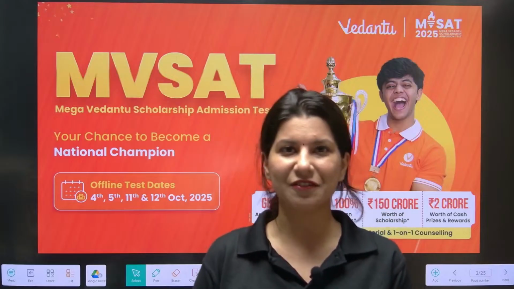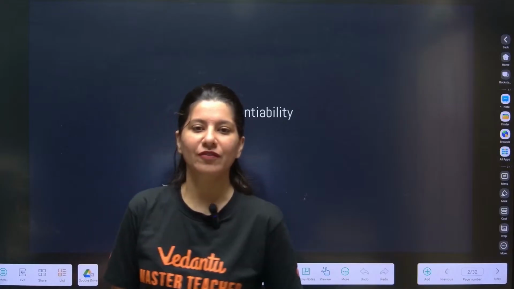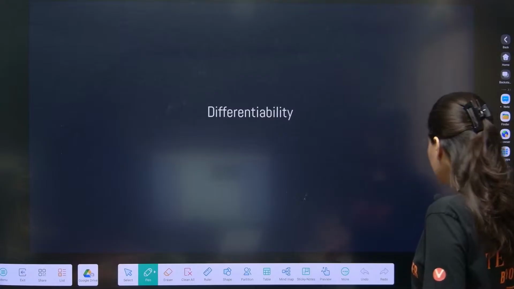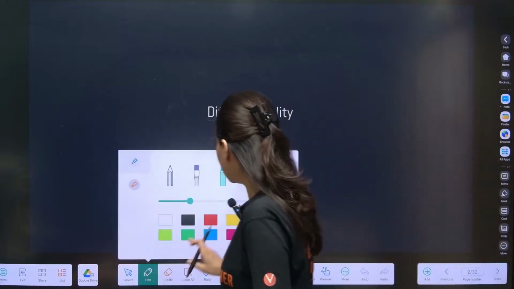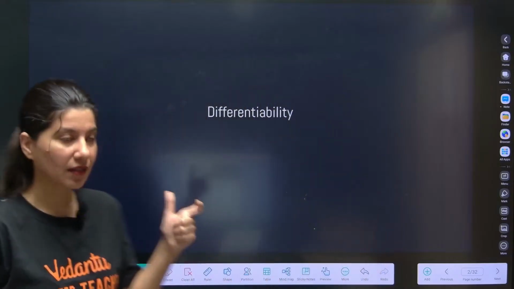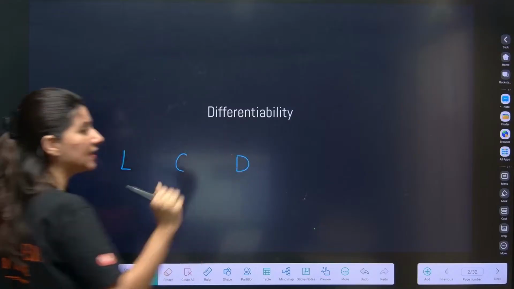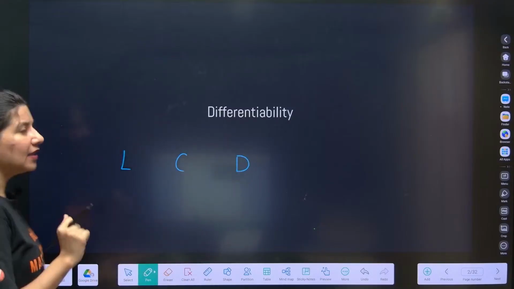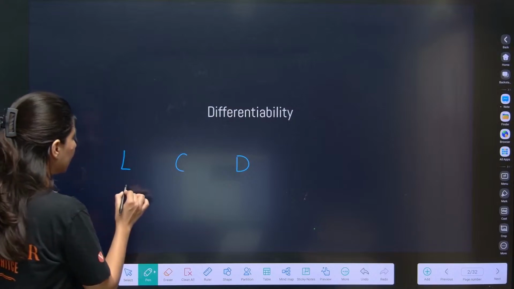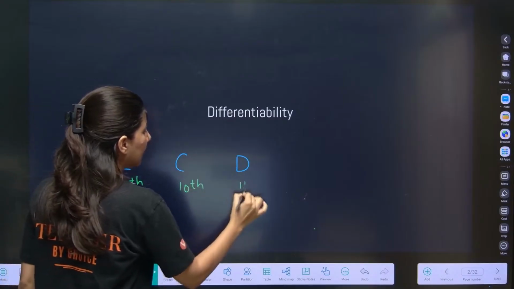Okay, let's start differentiability. And we are going to finish differentiability. Okay, let's talk about it now. If I talk about differentiability, please understand one thing: limits, continuity and differentiability. I always say that assume that limits is nothing but 9th grade,